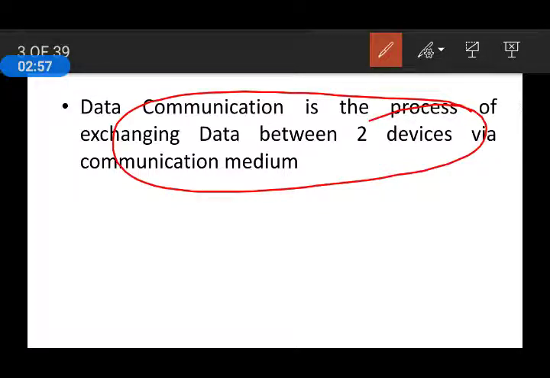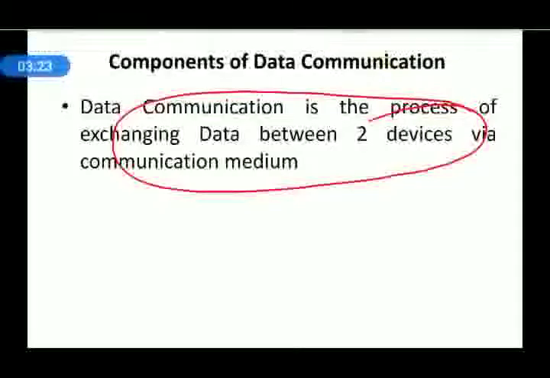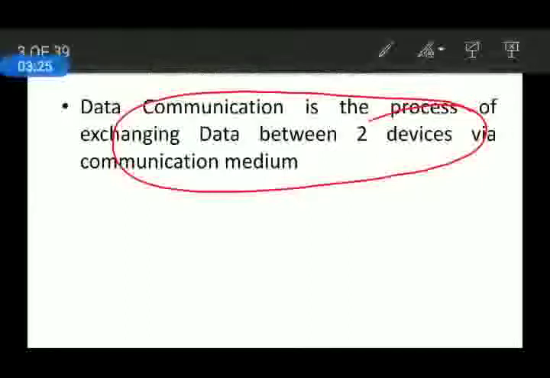So for example, you take data communication taking place through the internet. Okay, in the internet, one may send data through email or through Facebook or through Twitter, etc., or even WhatsApp. Those are some examples of data communication between two devices or two users. So data communication is a process of exchanging data. Data is exchanged from one device to another device.